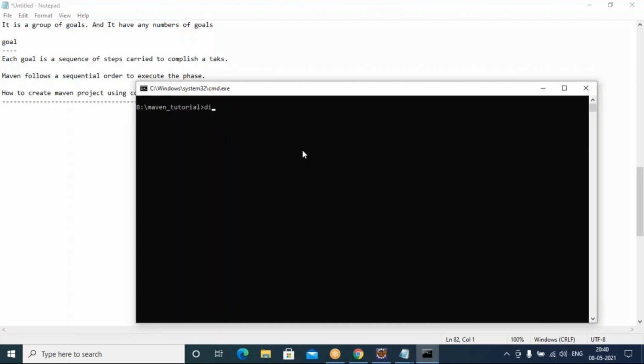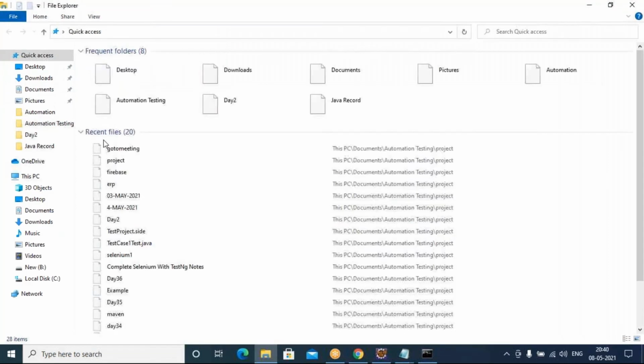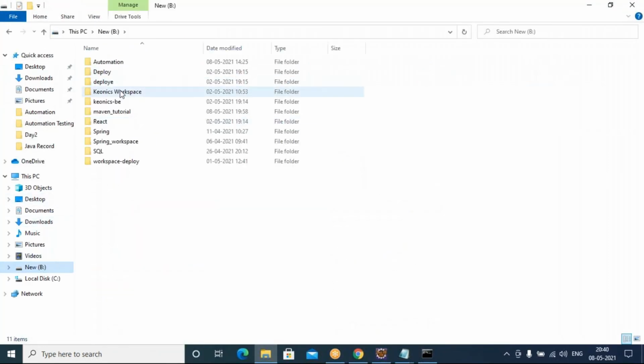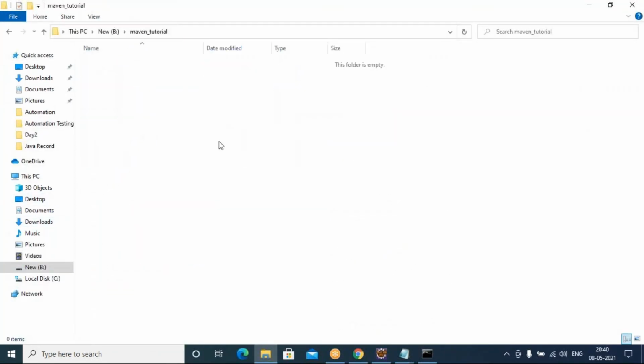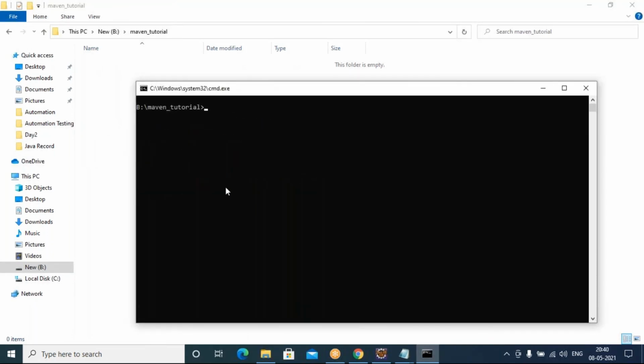If you see this directory, it does not have anything inside, nothing is there. Now I will clear everything, and I'm going to create one project here.